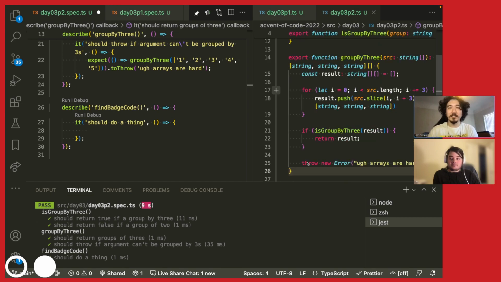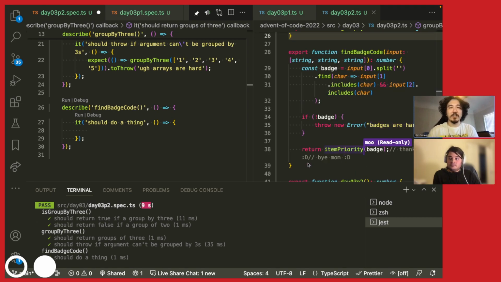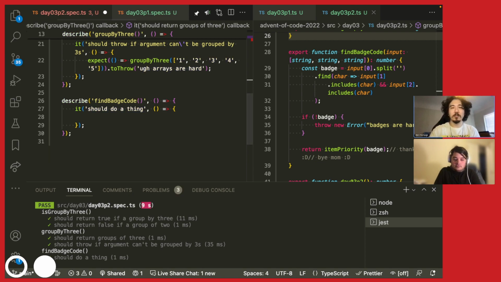Nice. Okay. So then this is being imported from there. Let's go ahead and do this in a more TypeScripty way. I'm going to go ahead and import. Let's go ahead and call this